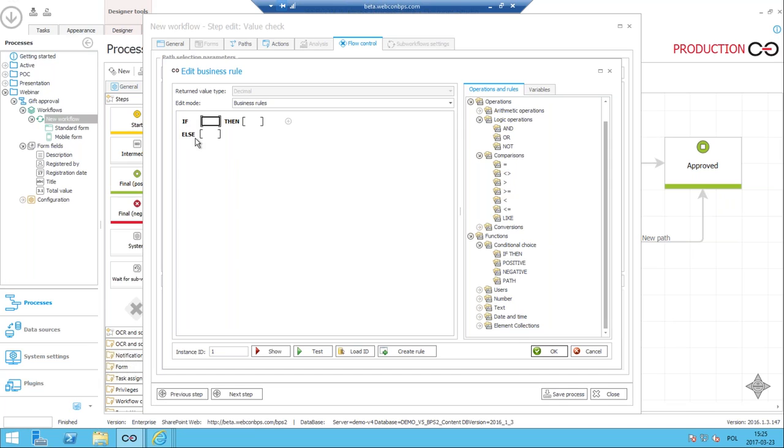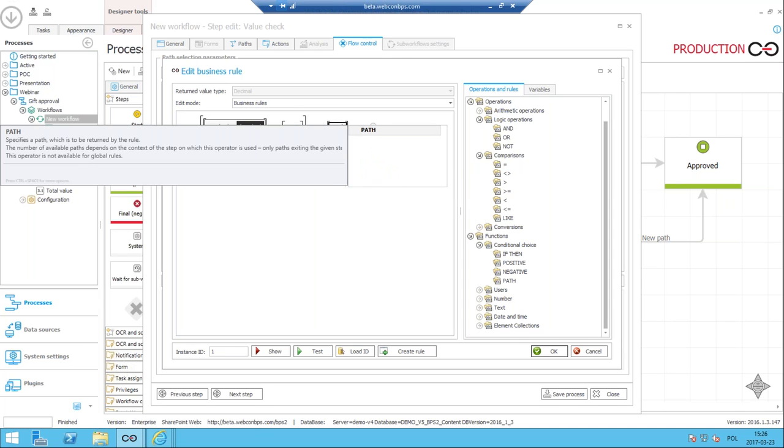So in this case, if the total value field is greater than, nope, I messed up. Let's try this again. If the total value field is greater than, there we go, 500 euro. And if you want to change the operator, then you just right click. In this case it would make sense to make it, if the total value is greater or equal than 500 euro, then the path that we want to take